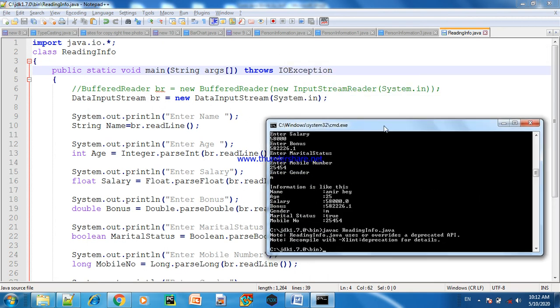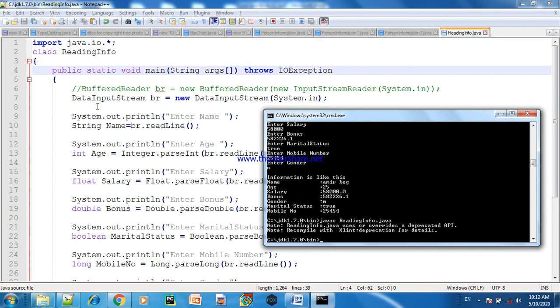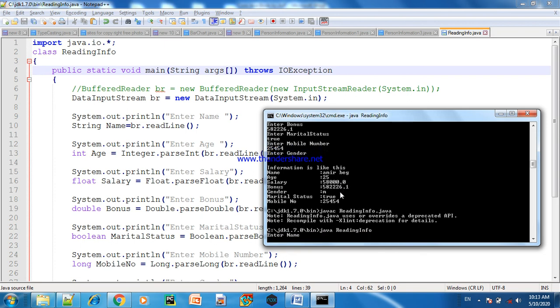We have to notice one thing: when we use the data input stream class, it generates two notes over here. So don't panic, it's not a big thing, just ignore it. Again we will run java reading info, enter.